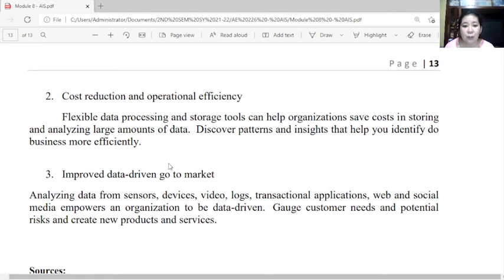So it should be data driven with the help of big data analytics. It will also gauge customer needs and potential risk and create new products and services to improve profitability and efficiency of the entity. So this is all about our data analytics. I think you also have your separate subject for that. But in this case, we just included it as part of the financial and management reporting systems.